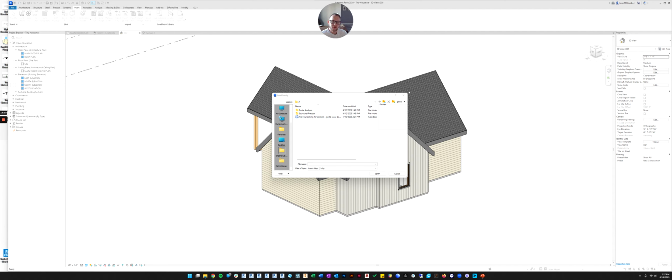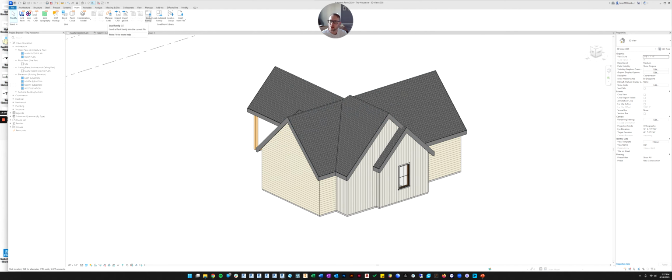So the load family command is only good if you've gone somewhere and either bought a family, downloaded a free one, or built one yourself. If you would like to use one from Autodesk, just so you know, I don't know if I ever mentioned this, but Autodesk is the company that owns Revit and makes Revit.